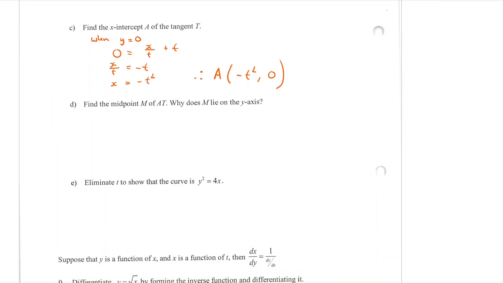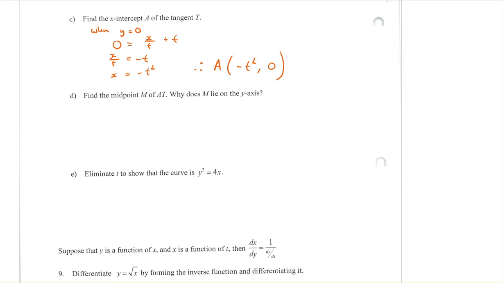Part D, find the midpoint, which we're calling M, of AT. Why does M lie on the y-axis? So let's have a look. We have the point A, which was minus t squared, 0, and we have the point T, which was t squared, 2t. So if I want to find the midpoint,